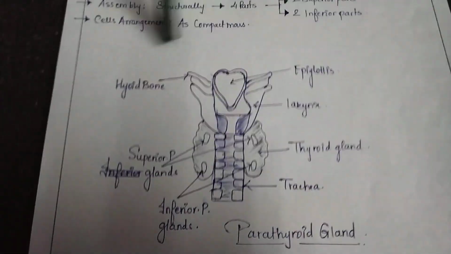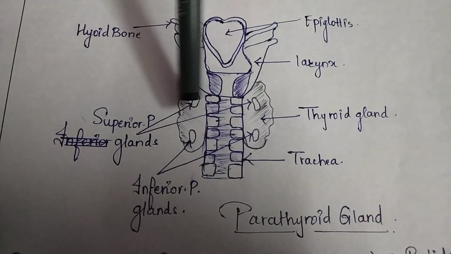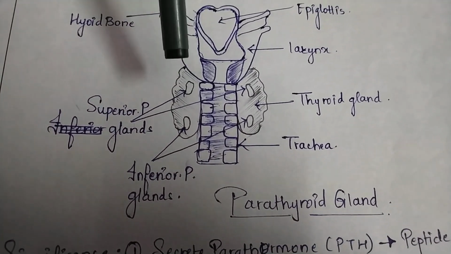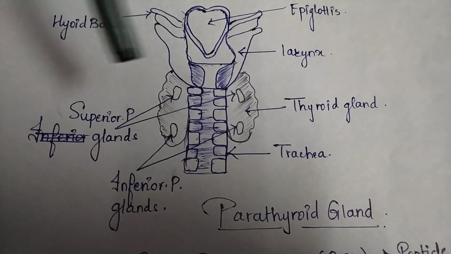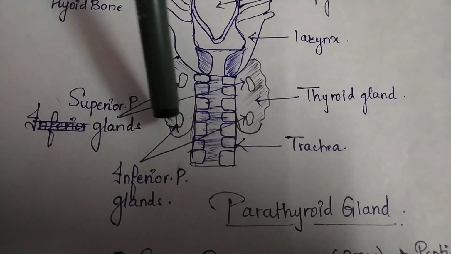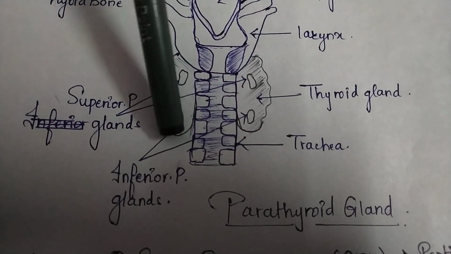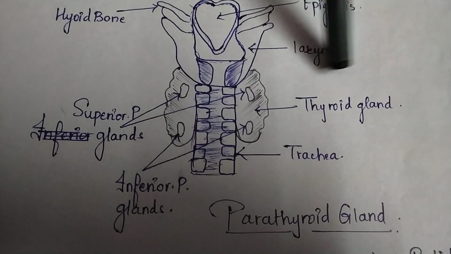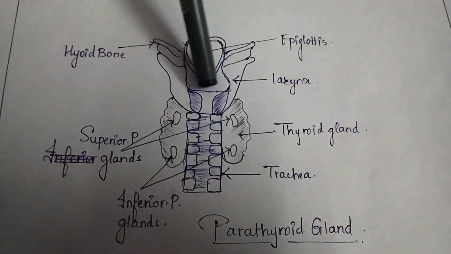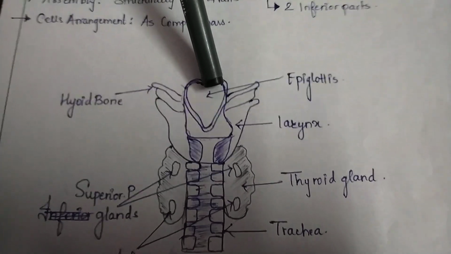See, this is the diagram, okay, and this part, the one which is in black color, the butterfly shaped gland, that is nothing but your thyroid gland. Now if you see these two parts which are there, the upper ones are the superior parathyroid glands, whereas the lower ones are your inferior parathyroid glands, and the rest of the butterfly shape is your thyroid gland. The lower part that I have drawn, the pipe-like structure, is the trachea. The upper one is your larynx, and this one is the opening of your respiratory system, that is the pharynx.